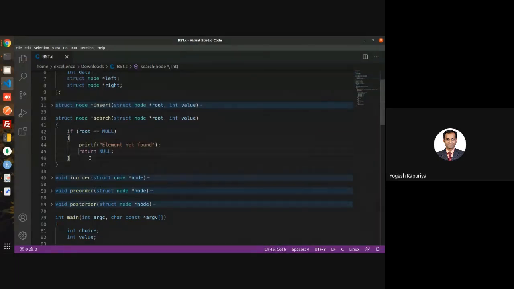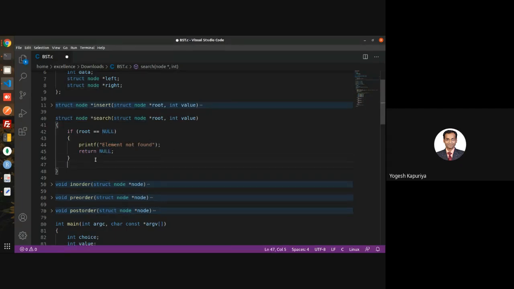We will simply return from there. Remember, we are returning null because this search operation returns the address of the element which we are searching for, if it is there inside the tree. And if it is not there, obviously it will be null.